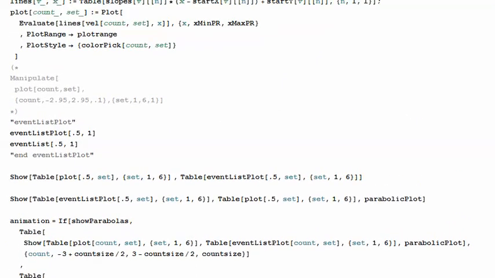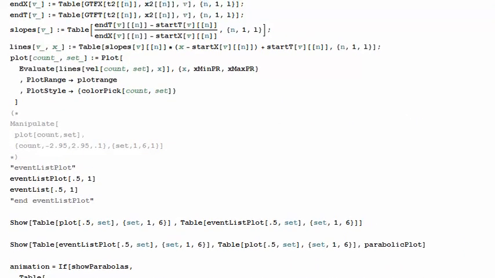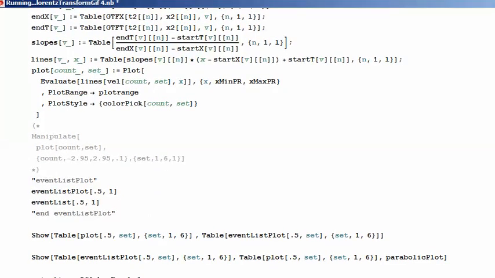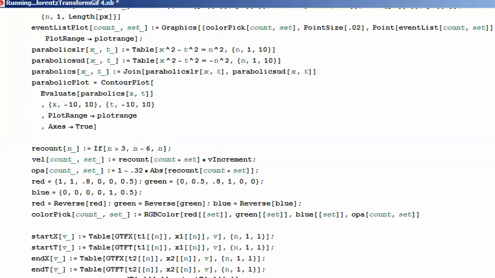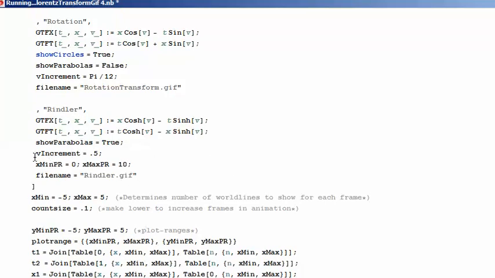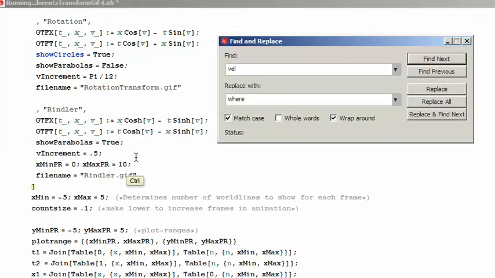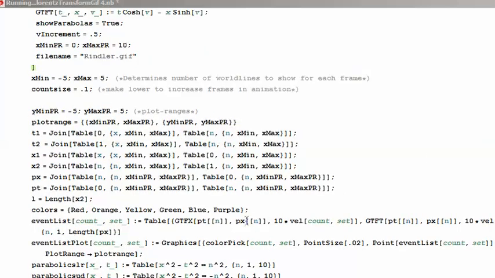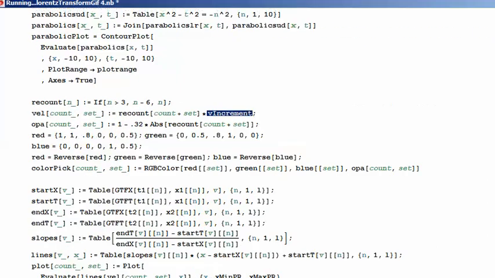Hello again. I am currently rerunning this program with a little change and kind of hoping for a lucky guess. I found that this V increment is only used once in the later code. Find V increment, and it's right here. Well, I was kind of expecting it to be used twice, but it turns out it's just used once. It creates this velocity number, which is referred to with a count and a set,